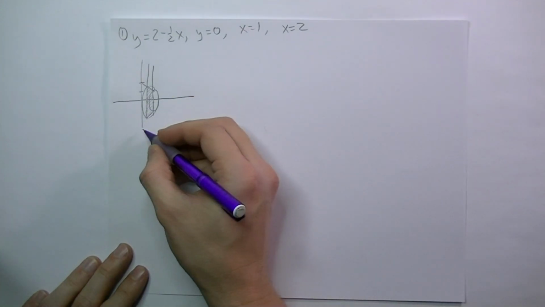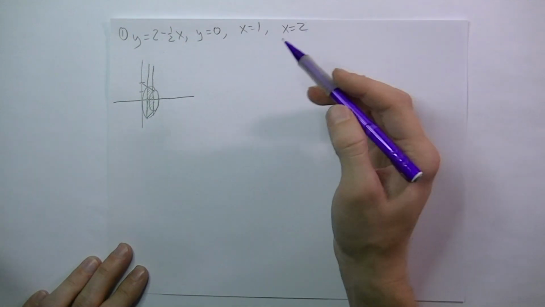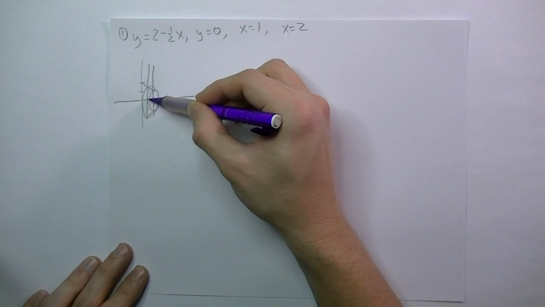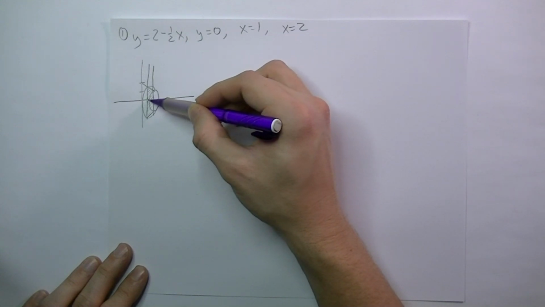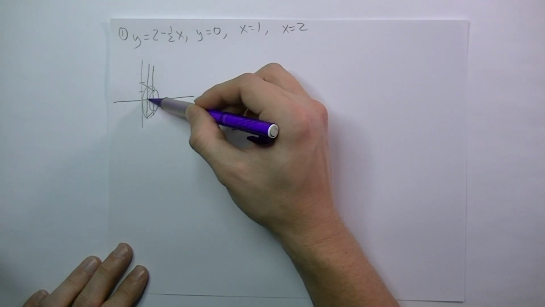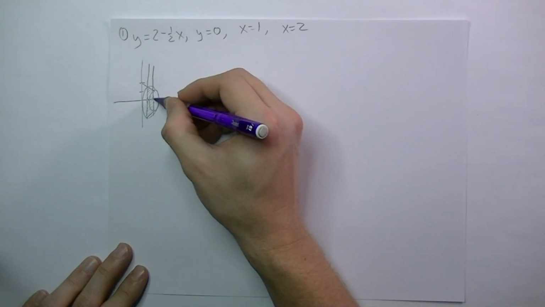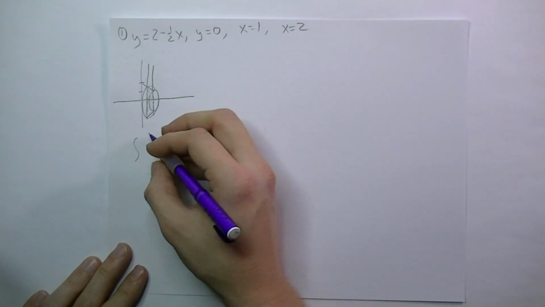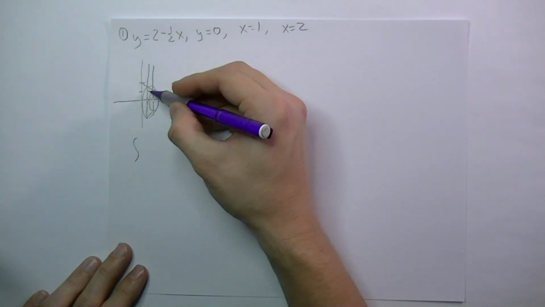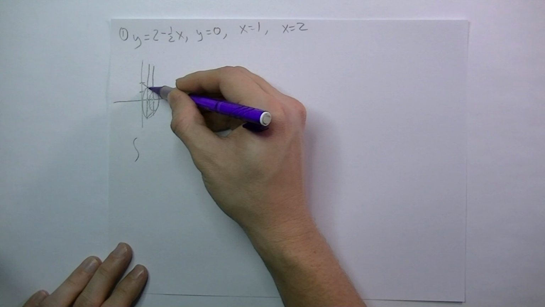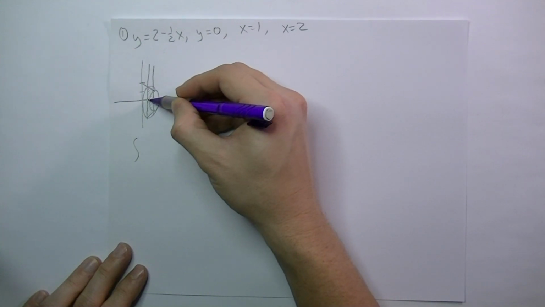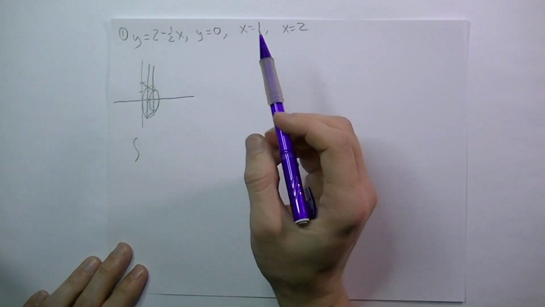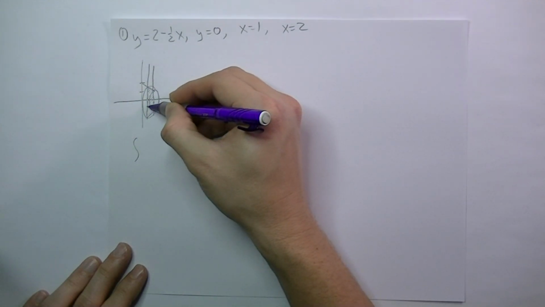Okay, so I need to integrate here from 1 to 2 along the x-axis, and I know that because that's the axis which we rotated around. So I'm always going to be integrating with respect to the axis that we're rotating around, usually. Okay, and the formula: the radius here is from 0 all the way up to this line, which is 2 minus 1/2 x. So the area of one of these disks